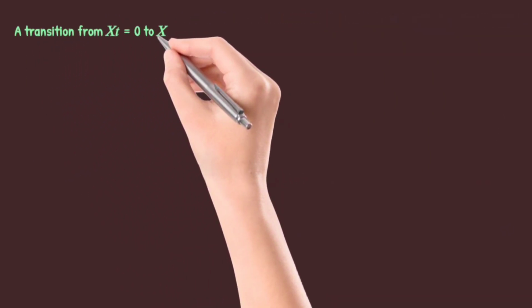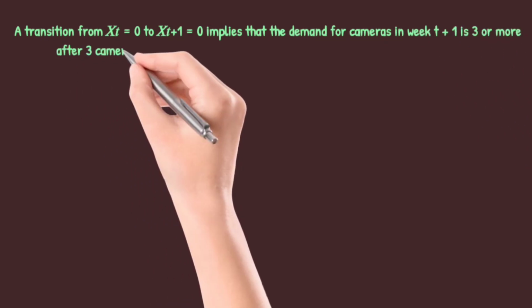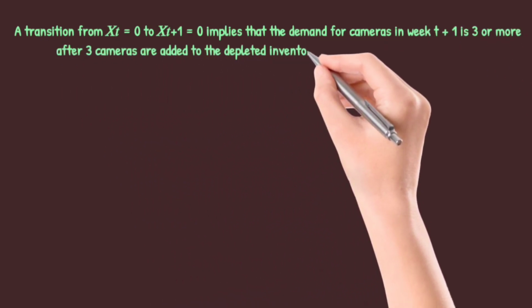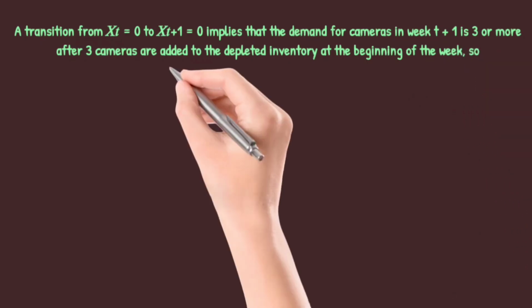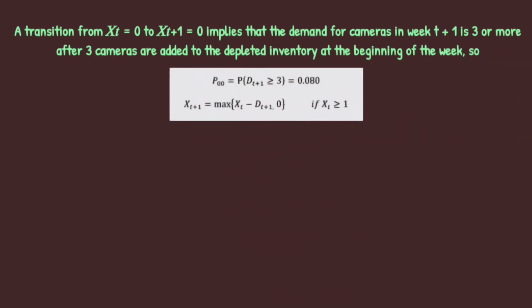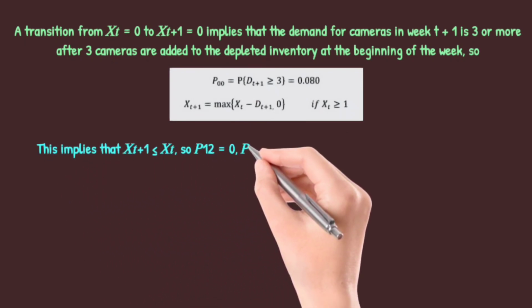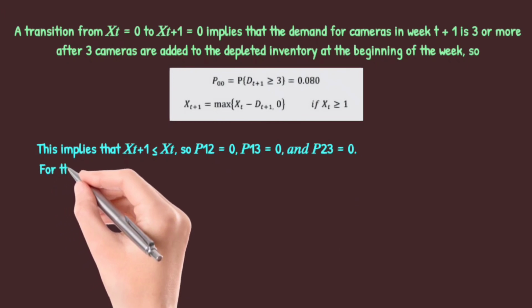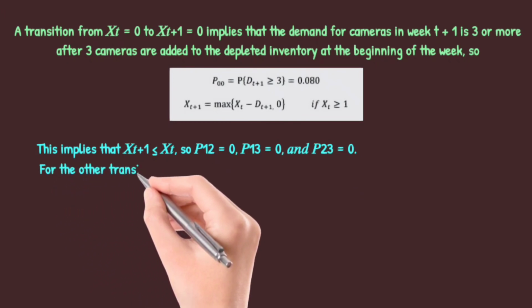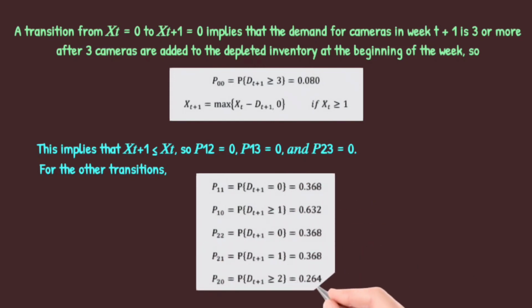A transition from Xt equals 0 to Xt+1 equals 0 implies that the demand for cameras in week t+1 is 3 or more after 3 cameras are added to the depleted inventory at the beginning of the week, so this implies that Xt+1 is less than or equal to Xt. So p_12 equals 0, p_13 equals 0, and p_23 equals 0. For the other transitions,